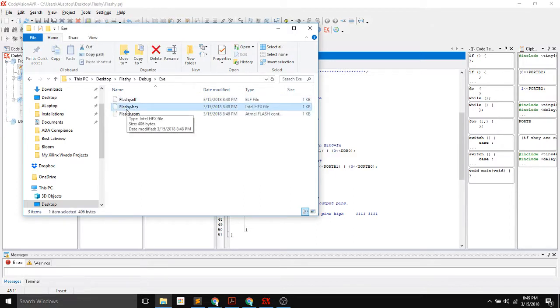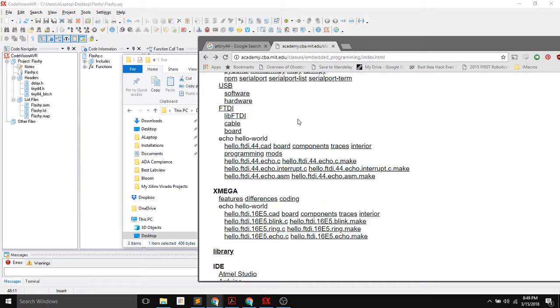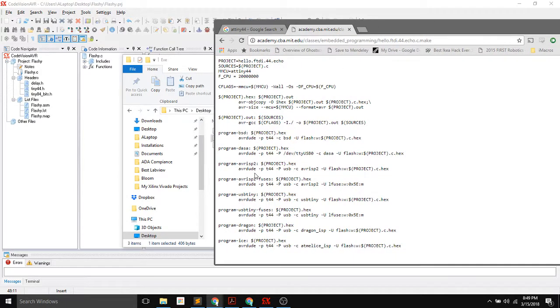We can take this hex file and upload it to our ATtiny chip using AVRDude. AVRDude is command line software, so you can look in the make file that is given here, if you're looking at this hello world example. If you look at the make file, just save this as capital M Makefile with no extension. That should allow it to work. You can open it up, and we're going to be using the USB Tiny. Actually, you don't even need the make file. You could just go here, copy this piece of code right here,